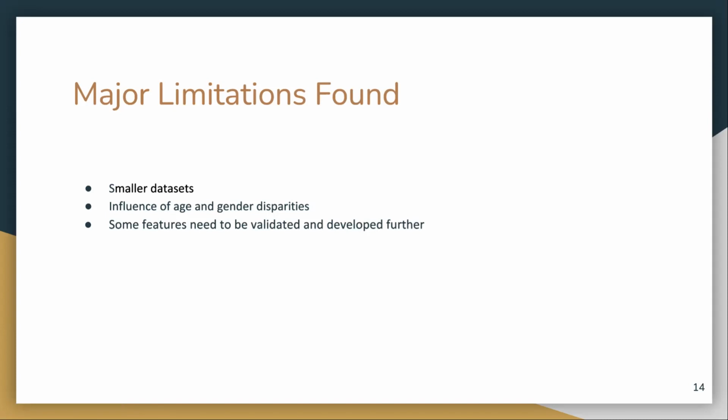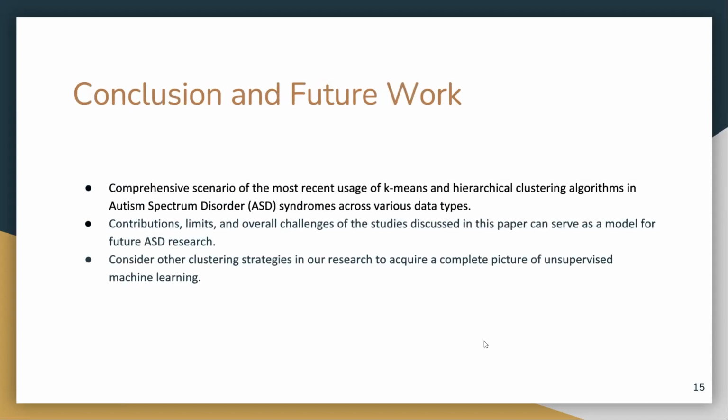For example, gender disparities in challenging behaviors on the spectrum should be considered when treating them. Also, K-means clustered subtypes differed dramatically because age wasn't adjusted for in the functional connectivity data. Finally, some aspects of autism spectrum disorder research require validation and future development, such as sensory attributes. Further psychometric feature evaluation is needed.